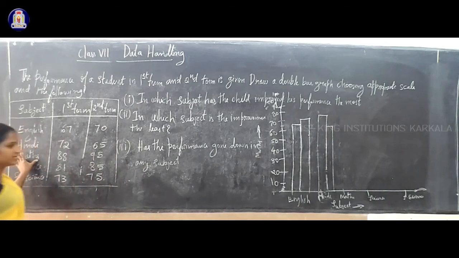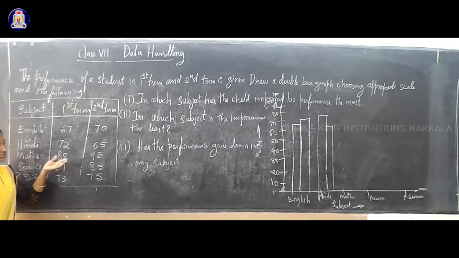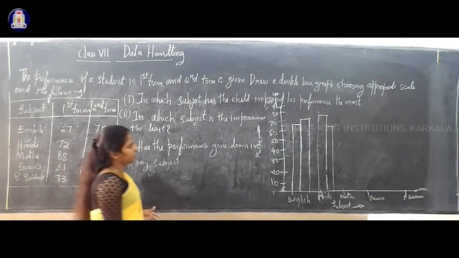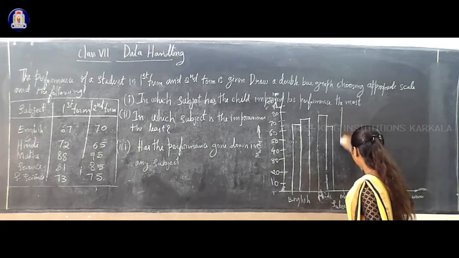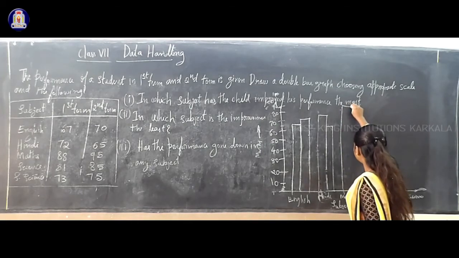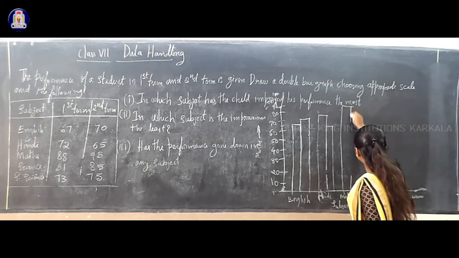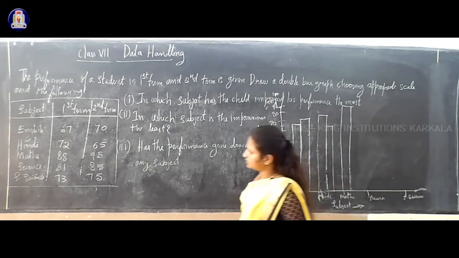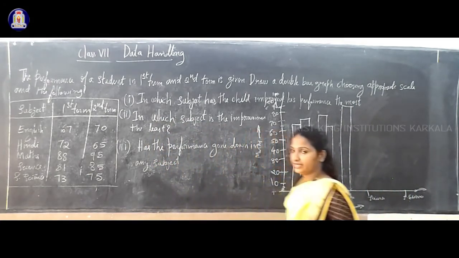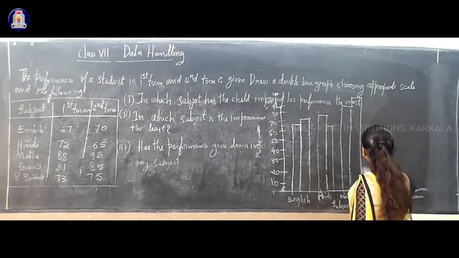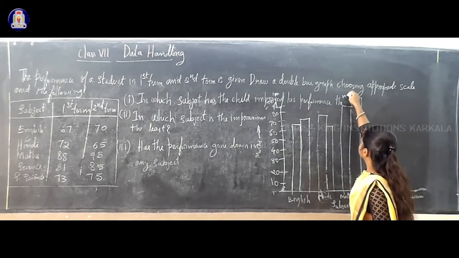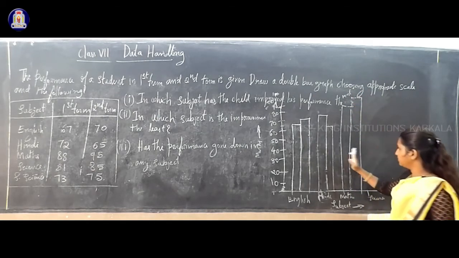Next you have to say the next subject is maths. In maths, in the first term he scored 88 marks and in the second term he scored 95 marks. Okay, 88 in the first term. This is 80 to 90. 88 in the first term and 95 in the second term. So 95. Okay, this is the first term and second term.